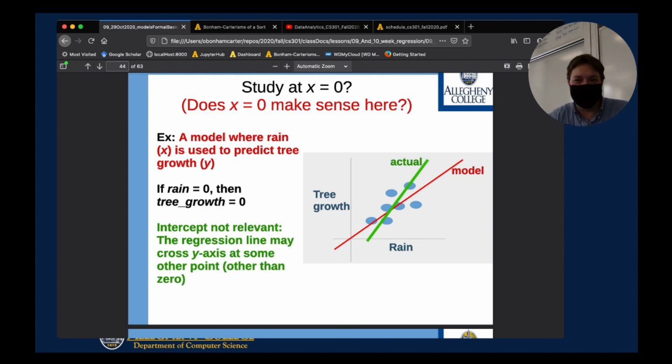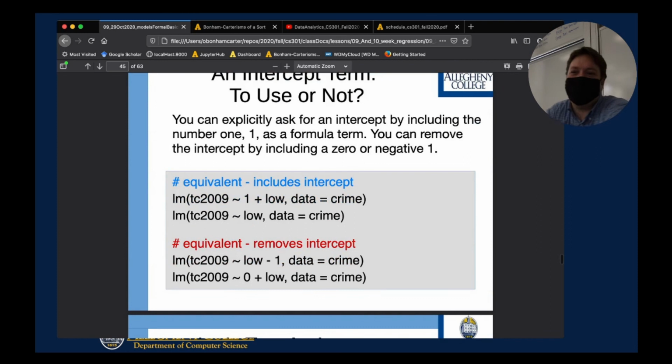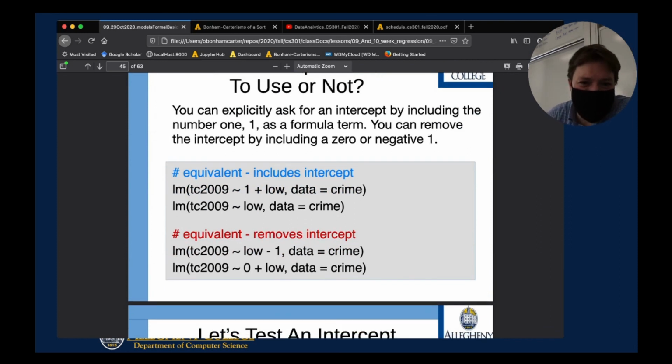And so you'd expect perhaps the green line to make more sense. The actual data would be better explained by not using the intercept. It means that you're creating a model where you do not have an intercept. And so when you're actually creating that model in R, this is a model where I'm creating my intercept, where I just have this piece of code here. This is including my intercept. In fact, everything we've been doing up until now has used the intercept. But if I don't want an intercept, then I have this -1 after my